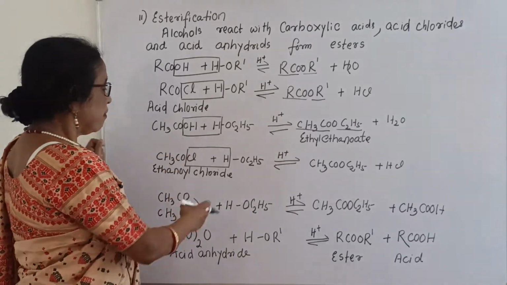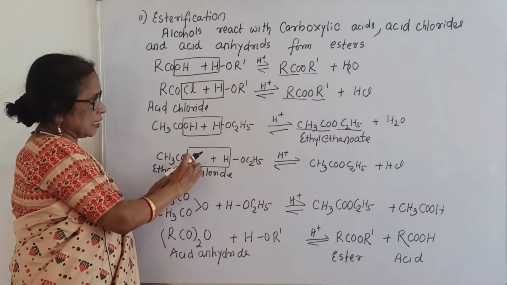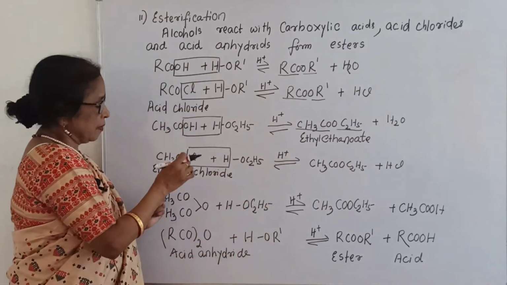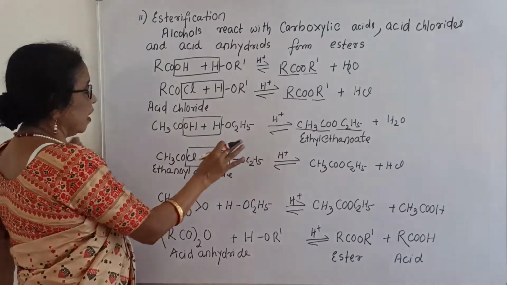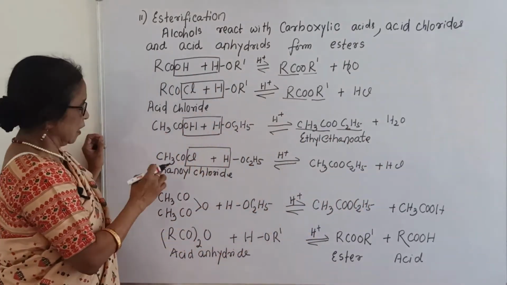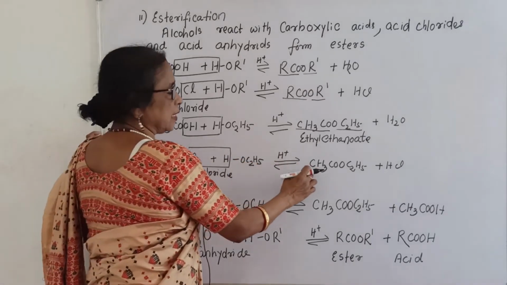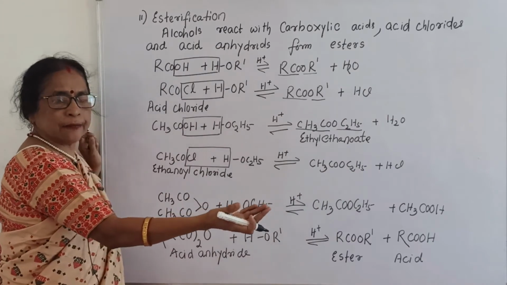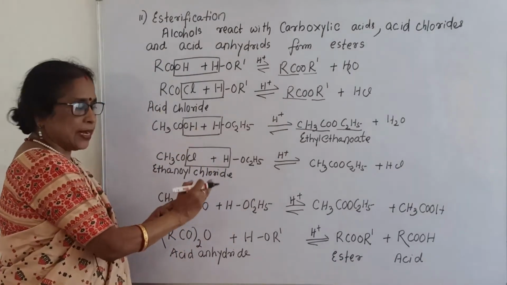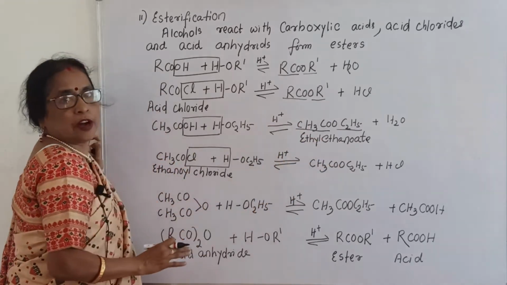When it reacts with alcohol, for example ethyl alcohol, then what happens? Again you see this Cl and this H; you write them in this way so that you can show what the byproduct is. Sometimes the byproduct is very important to remember, to know how the reaction happens. Now HCl is the byproduct, then what is remaining? You copy and paste it: CH3COOC2H5. It is very easy. You should know the byproduct here, HCl, and what is remaining, you copy and paste it here. Automatically the product will come 100% correct.